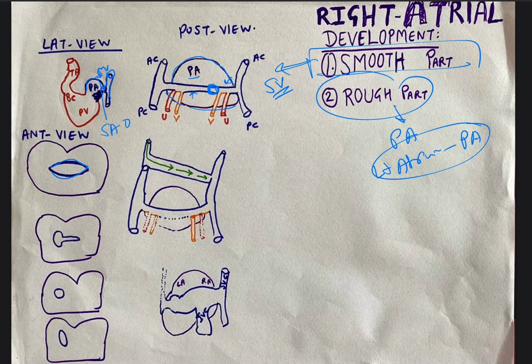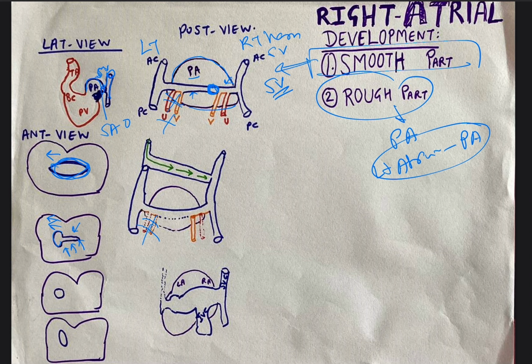But what happens? This is the left horn and this is the right horn of the sinus venosus. The left horn starts degenerating like this. Because of this left horn degeneration, the sinoatrial orifice, which is initially in a central position, starts shifting toward the right side gradually,